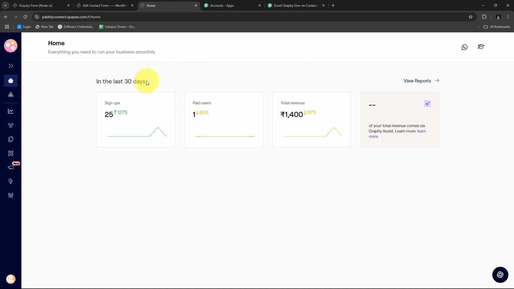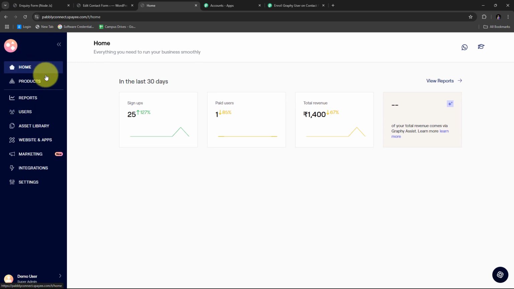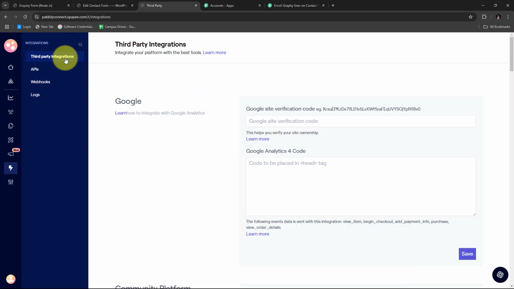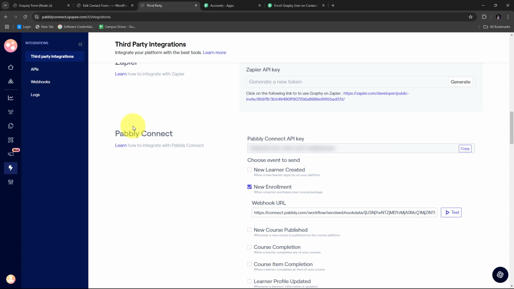And now for connecting Graphy with Pabbly Connect, I need to first open this left hand section, and here in this section, I have this particular option of integrations. So I need to open that, and here in the integration section, I have all these options. So I'm going to first use this third-party integrations. I'm going to scroll down here, and here I have this option of Pabbly Connect, and with Pabbly Connect